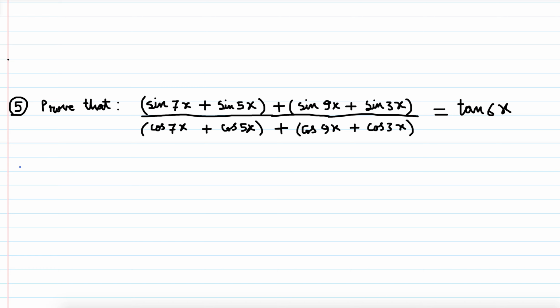Now our last question for today is, so here we again see that clearly we have to combine these terms. We have to use the formula for sin x plus sin y and cos x plus cos y. So using these two formulas we can write our left hand side. So this sin 7x plus sin 5x becomes 2 times sin of 7 plus 5 by 2, which is 12 by 2, 6x,